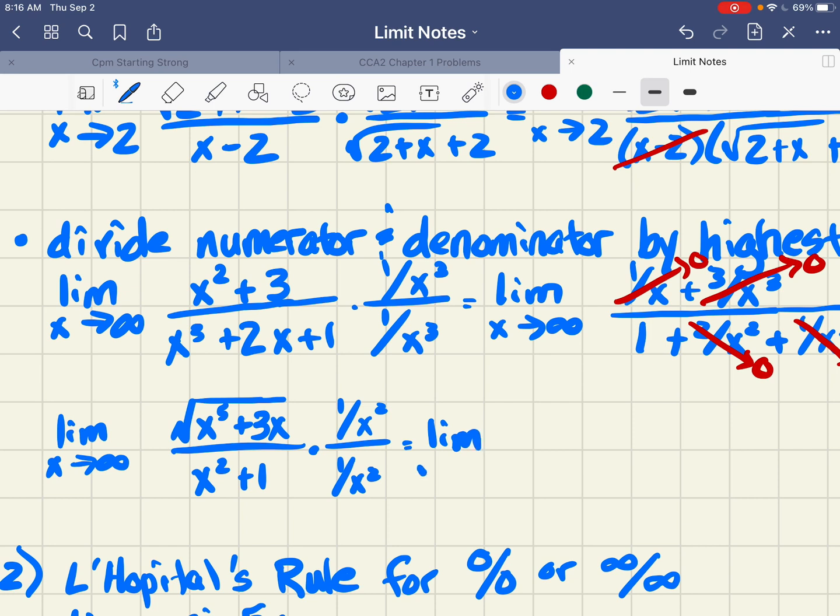Again, notice I'm writing that limit every single time. Absolutely necessary to do that. Will I take points away if you don't? Yes, I will. All right, so the denominator, if I divide everything by x squared, I get 1 plus 1 over x squared. Now the numerator takes a little more of a manipulation because 1 over x squared is not